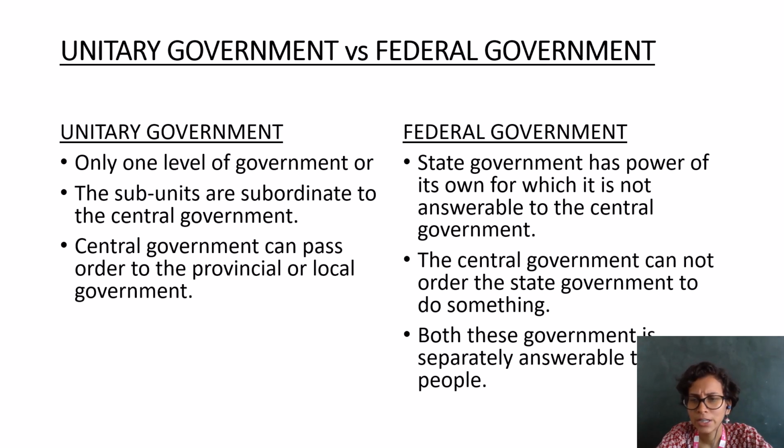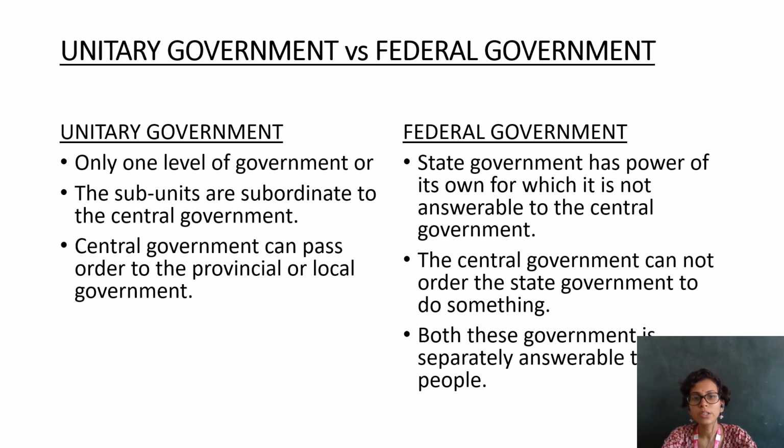They have to follow all the orders that the central government is giving. Whatever order and directions are given will be followed, and the central government can put any kind of restrictions, and the state government in that case has to obey those restrictions. Basically, the state government cannot function on its own. They always have to listen to the central government for its functioning. And if the central government thinks that the state government is not functioning fine, then it can also dismiss or change the person who is handling the state government.